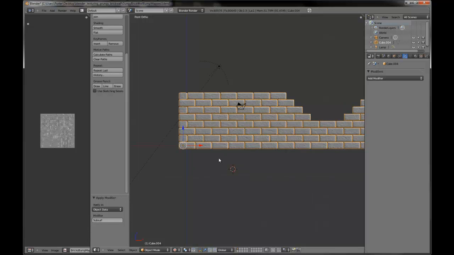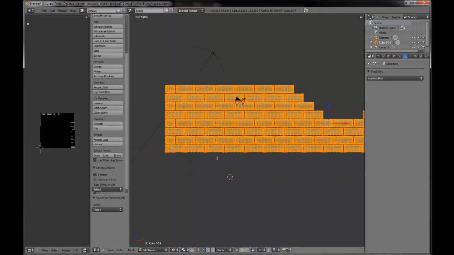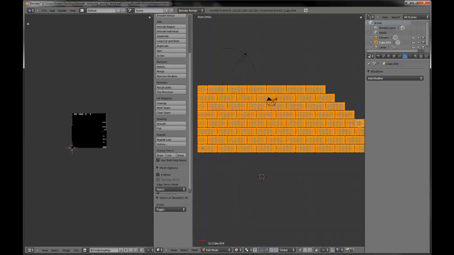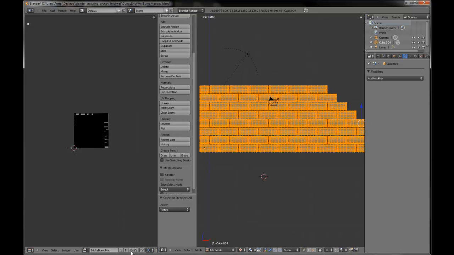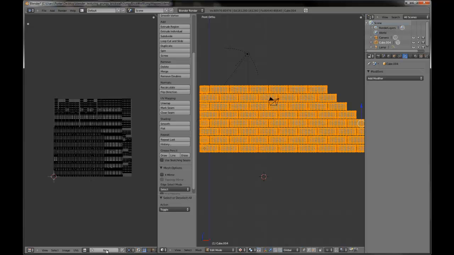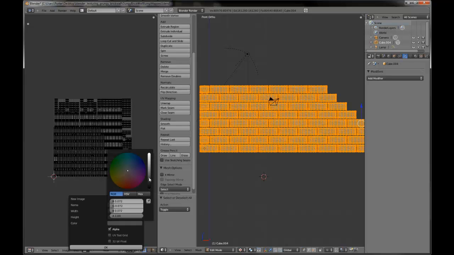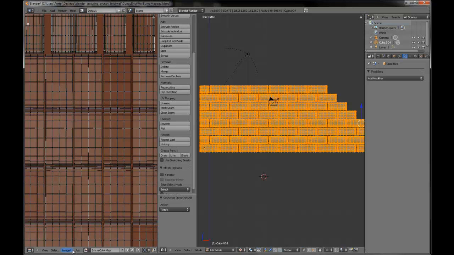So go ahead, hit tab to go into edit mode, A to select everything, and then hit X to remove that, and then new. Let's call this Bricks Color Map 2048 by 2048, and then pick the base color to be kind of a dark reddish brown. So right about there is good. Hit OK. Save this out